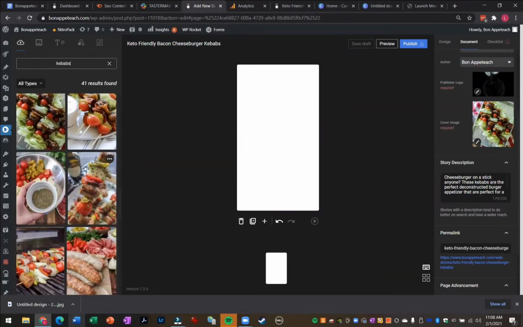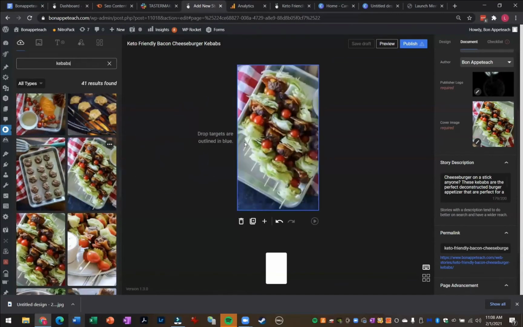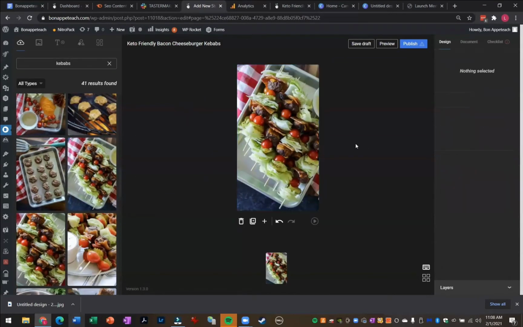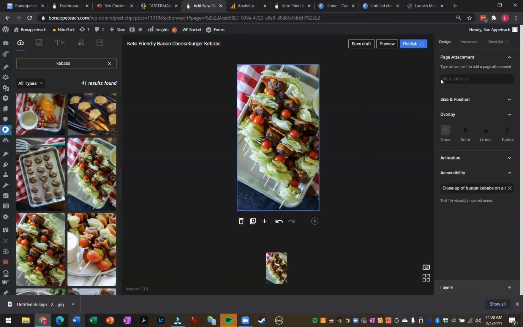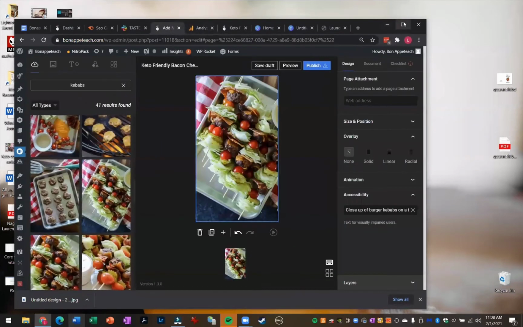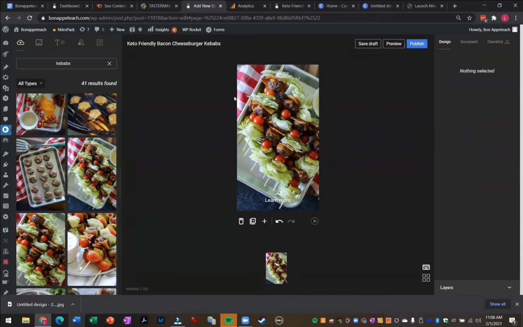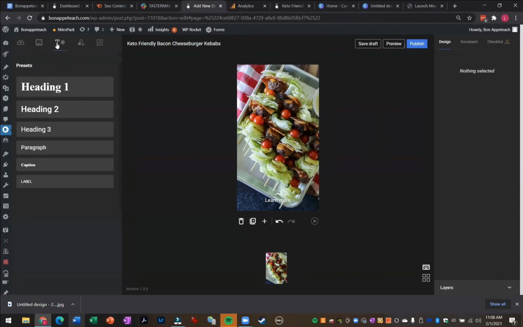First, I'm gonna pull a photo that's the same one, or almost the same one, as that cover photo I just popped in. So this will be the first slide that people see once they click on that Google carousel. I'm going to wanna go back over here on the right and immediately add my link. By doing all of this on the first slide, it's going to populate for all the other slides. So make sure you do this on the very first slide, and it makes doing these so much easier. You have to make sure that photo has been clicked on, add the link,